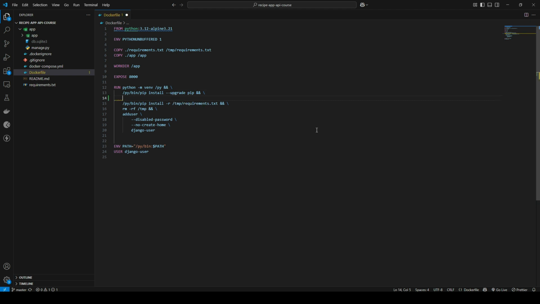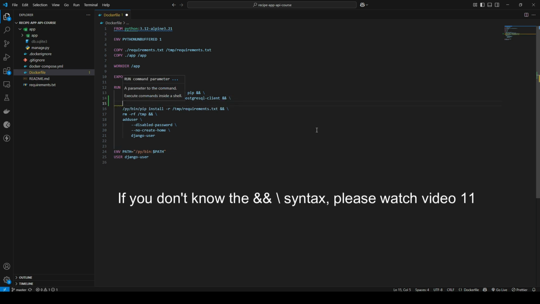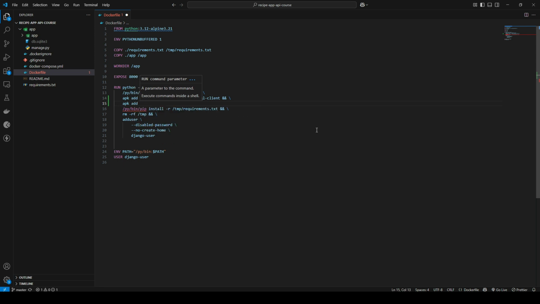So it's going to be apk add --update --no-cache postgresql-client && \ then go to the new line: apk add --update